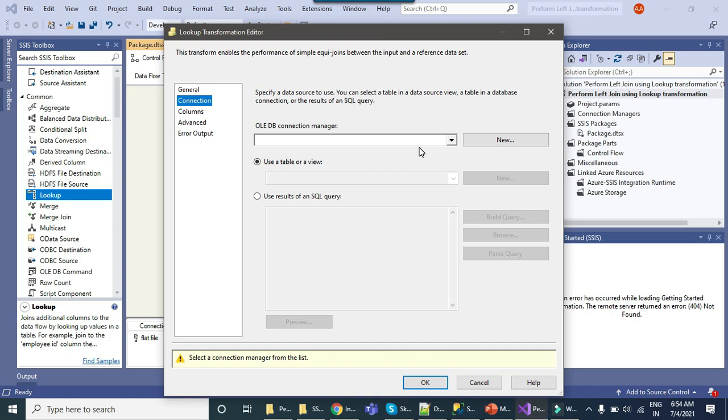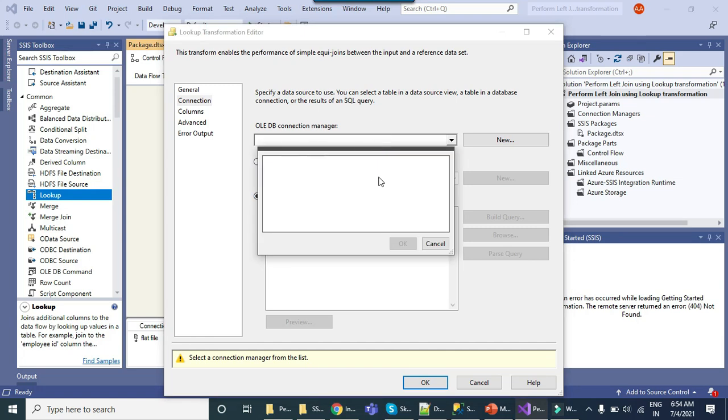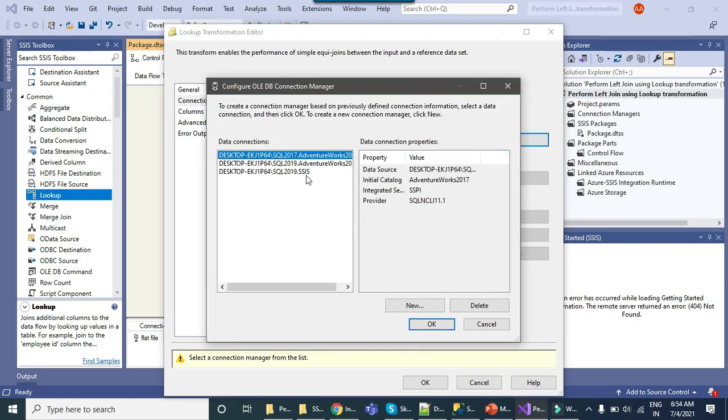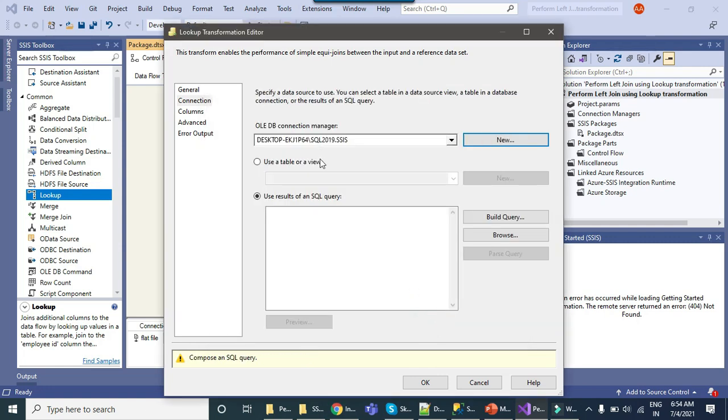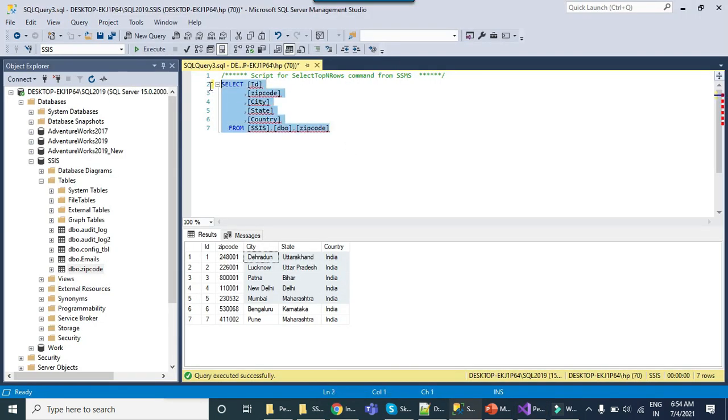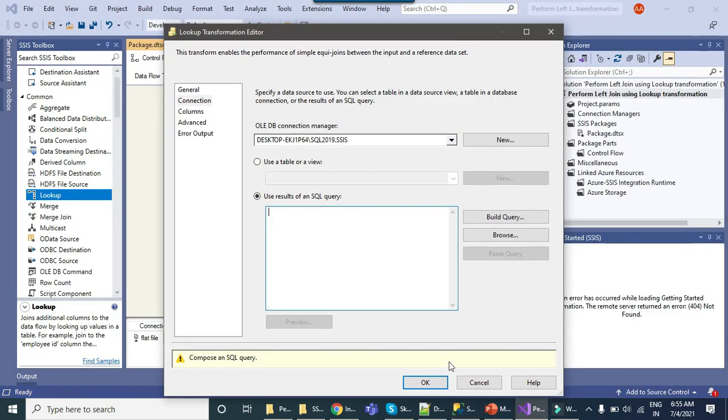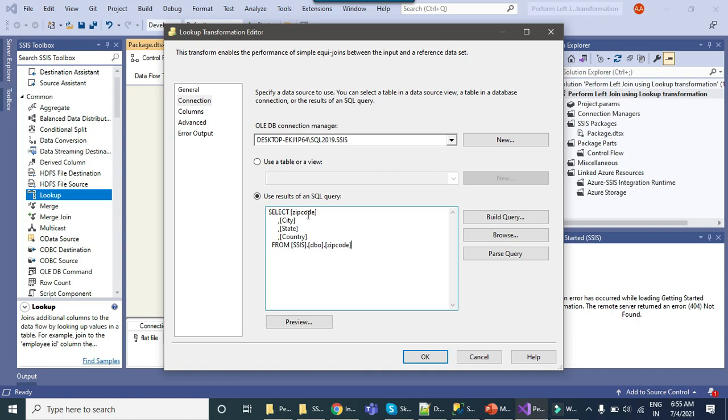I will show you how we can get the data in a single result set later. So let's just select the data. First of all, let's create a connection to that reference table. So this is my database, SSIS. Let me select all these values from this particular table. Actually ID is not required, so maybe I can just remove ID from here, copy, and yeah, get the ID back. So I'm selecting only the columns which are required, not all columns.